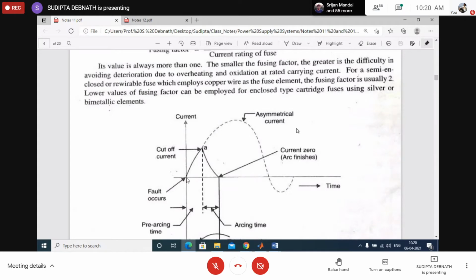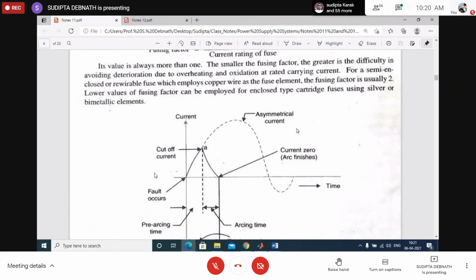So what will happen as soon as the fault occurs? You forget about the fuse. Suppose fuse is not there in the circuit. As soon as the fault occurs, you will find maybe for 1 or 2 cycles, the current is huge. First half cycle it is huge, second half cycle it may not be so less. Ultimately, after 1 or 2 cycles, it will start decreasing. Then transient period will happen for some period, then again steady state period.